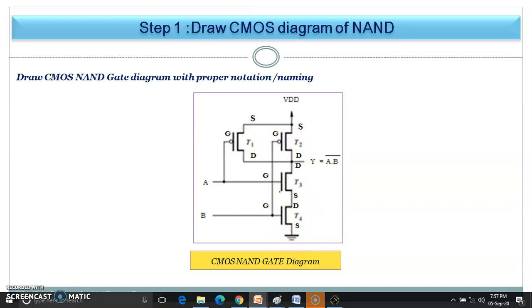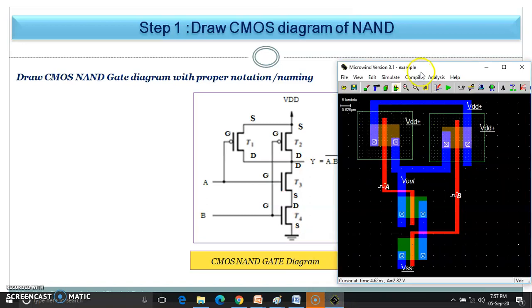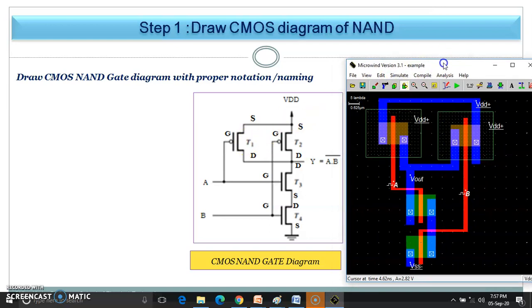Now I will show you how to implement that in microWIND. Here I have already implemented it in microWIND. I will implement it again in front of you, but just to give you an understanding, this is the diagram you can see on the left-hand side, and related to that you need to implement over here. So this is PMOS. I have taken two PMOS because I require the PMOS to be connected in parallel. The sources of these two PMOS are connected together, so I am considering this as the source of one PMOS and this as the source of another PMOS. You can change that according to your requirement.